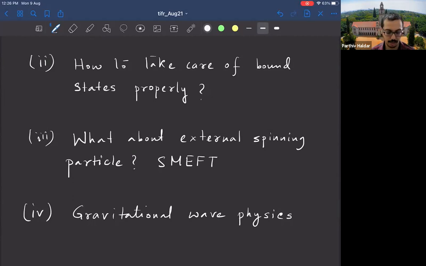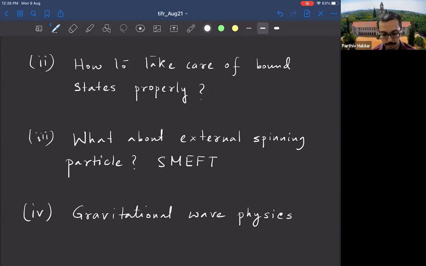So how can we employ those techniques in this context? A very natural question would be: what about external spinning particles? Very recently, there is a work which explores the 4-photon amplitude from the usual fixed-transfer dispersion relations. It would be very interesting to explore our technology in these contexts.